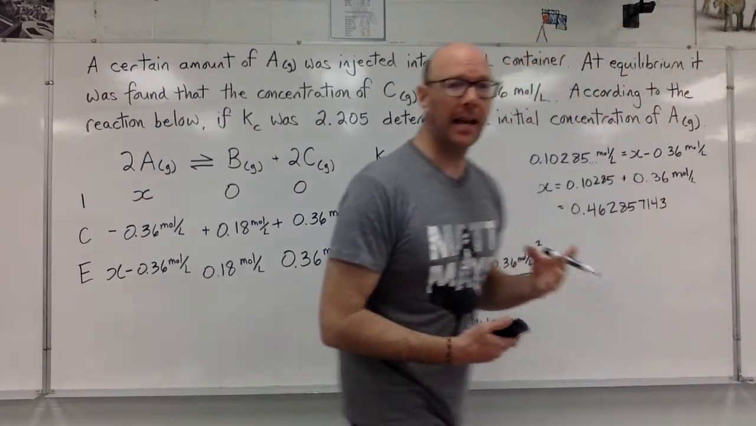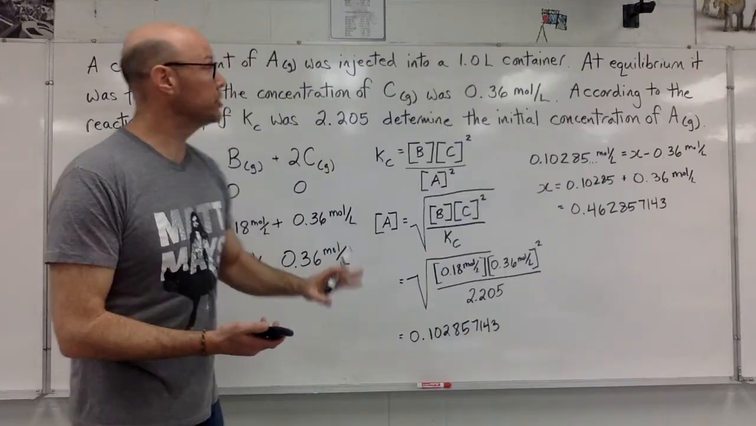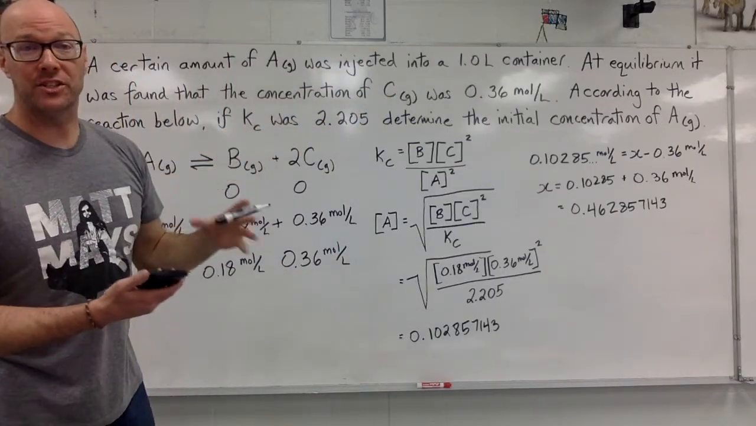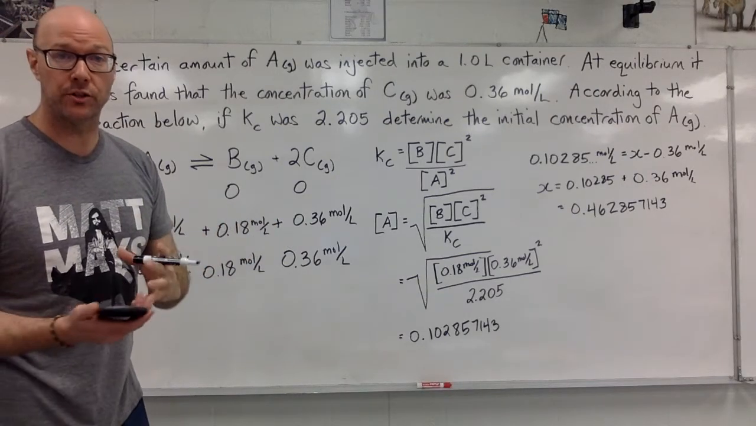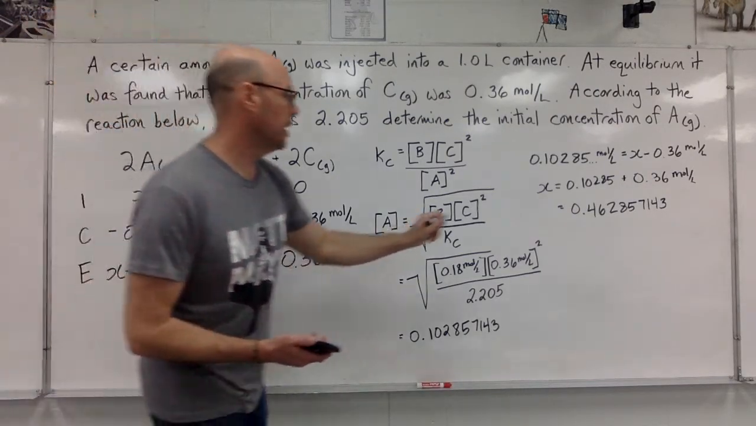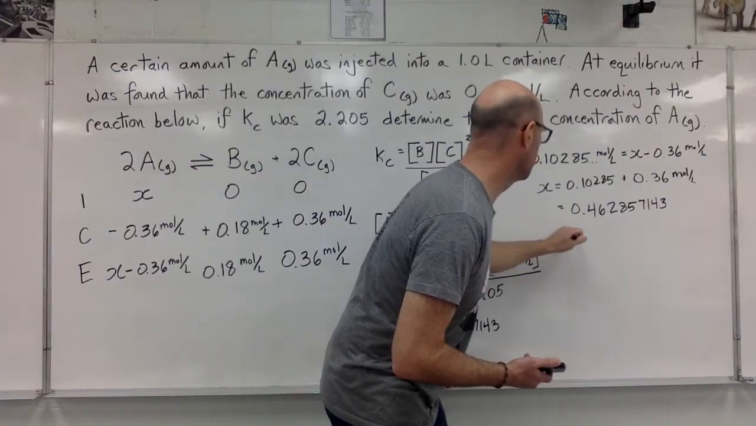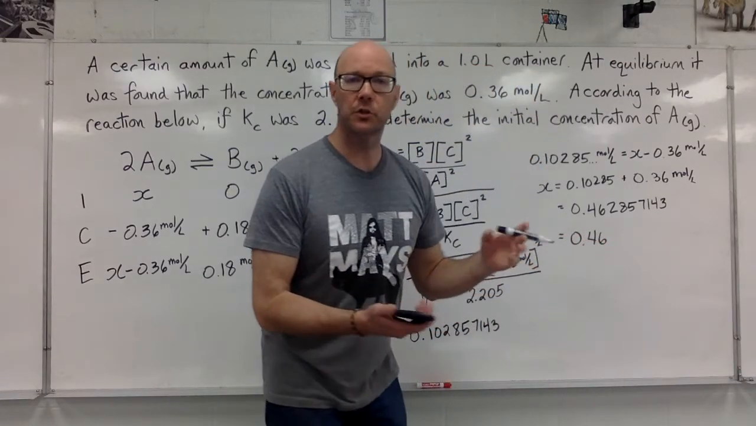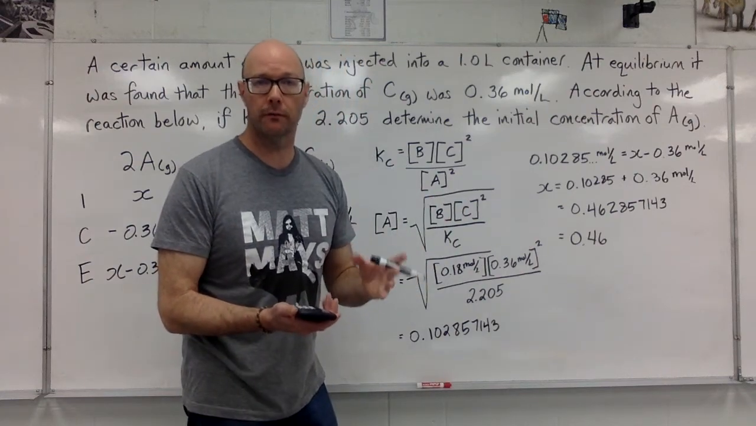I need to go back and consider the significant digits in the question. 0.36 just had two significant digits, so we want our answer to have two significant digits, which turns out to be 0.46. This was the concentration that we were solving for